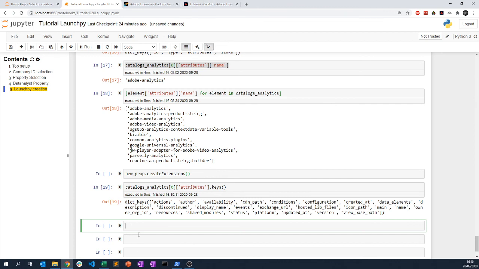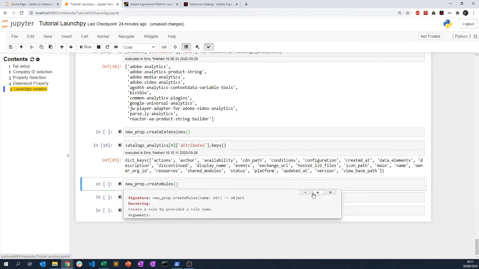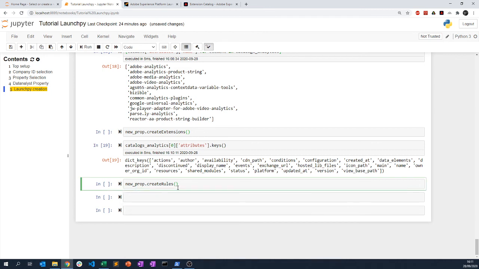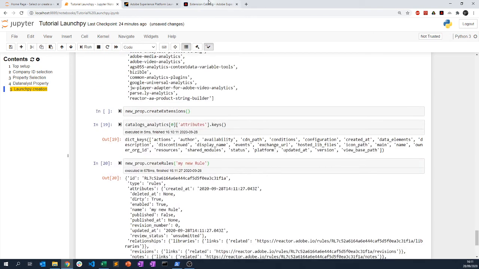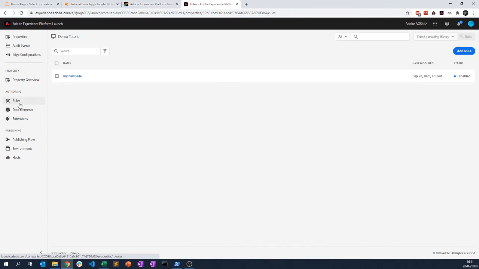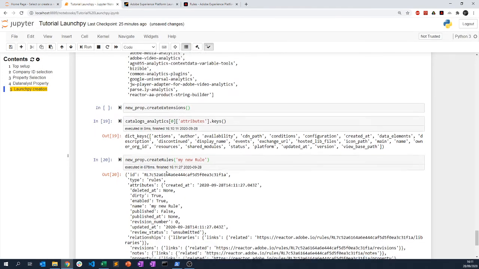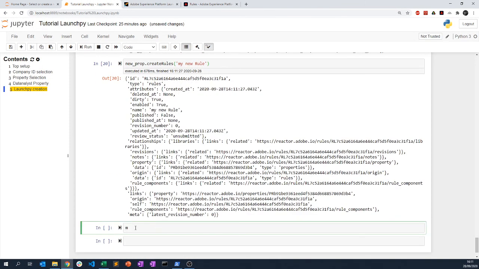I want to show you how you can create a rule, which is the same, just to give you the idea that it's always the same structure. Create rules. Actually, it should be create rule instead of create rules, because we are creating one by one. And you can see that it only requires a name, and this is my new rule. So again, not even a second has passed, and I have my rule that has been added here. And you can see that now I have an ID, and I can do a new prop,